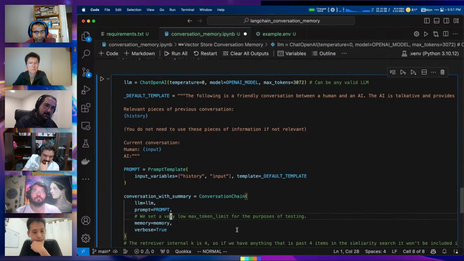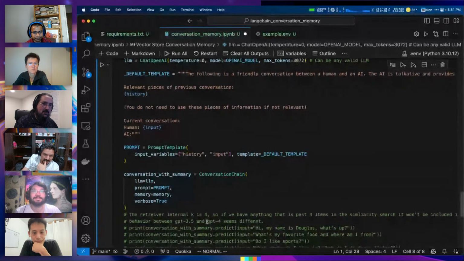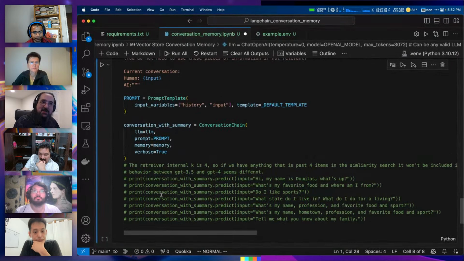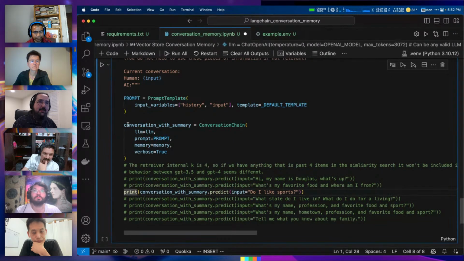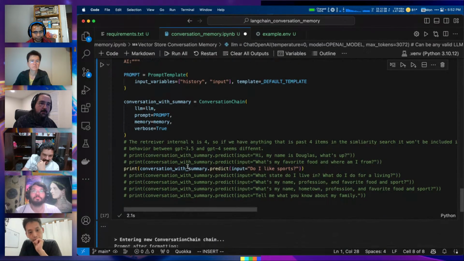Anyway, I did not set a low token size. And if we were to run this, I didn't uncomment any of these because I wanted to choose which one we went with first instead of doing everything at once. Let's ask it for a single piece of information, right? And I'm going to go ahead and let it run. And if we scroll down,